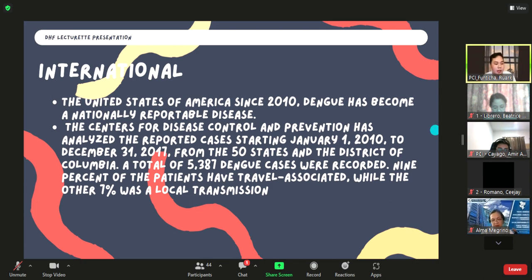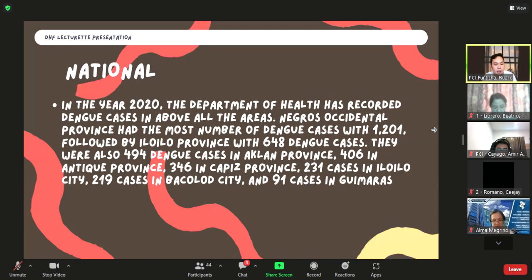For the national statistics, here in the Philippines, the risk of dengue has always been present. The country's transmission occurs year-round, and its peak is during the rainy season, which usually starts in May until November. In the year 2020, the Department of Health recorded dengue cases in